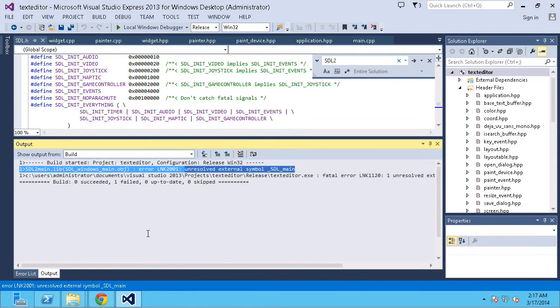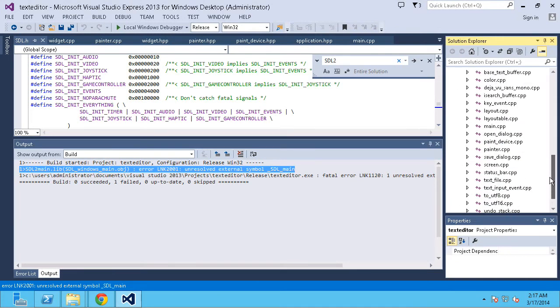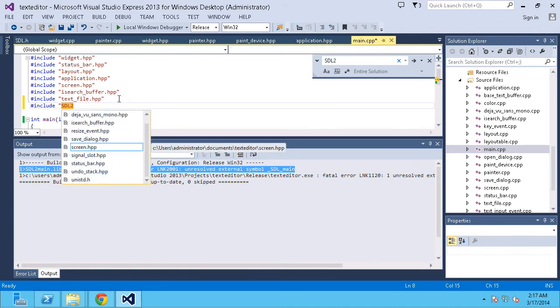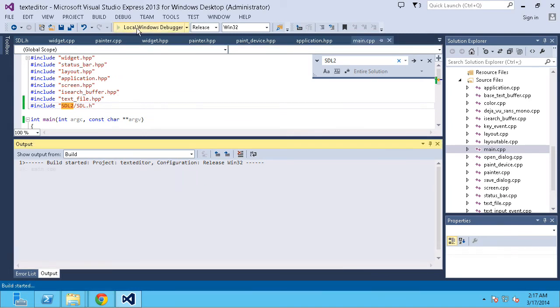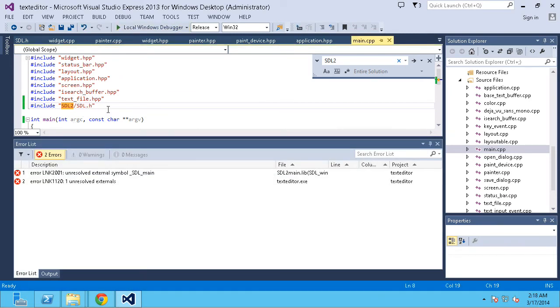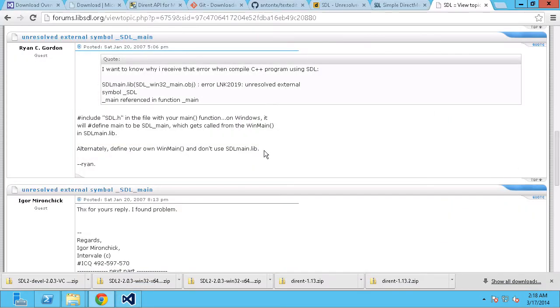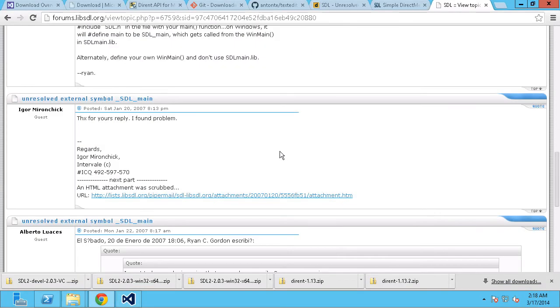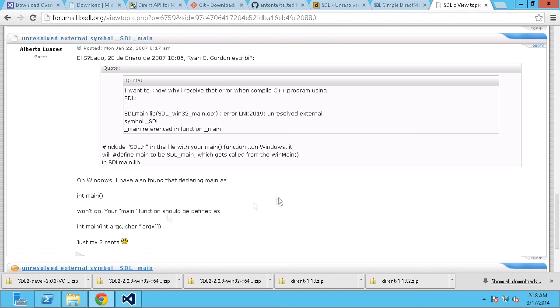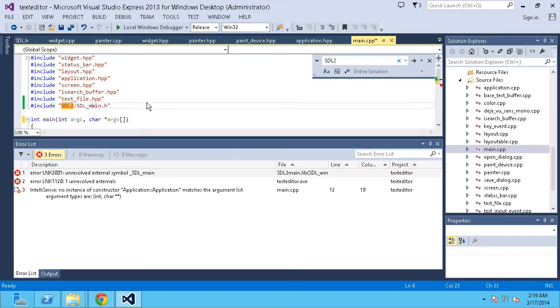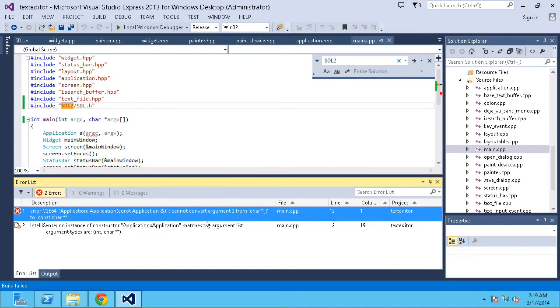I have to, inside main.cpp, include SDL. SDL.h or SDL main.h. Paste. Cannot convert argument 2 from